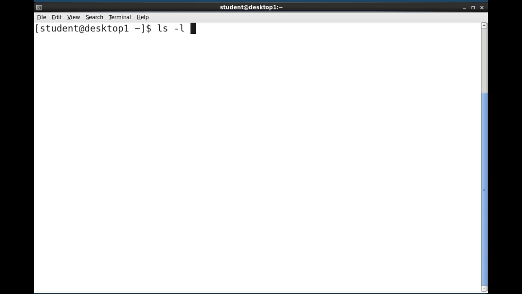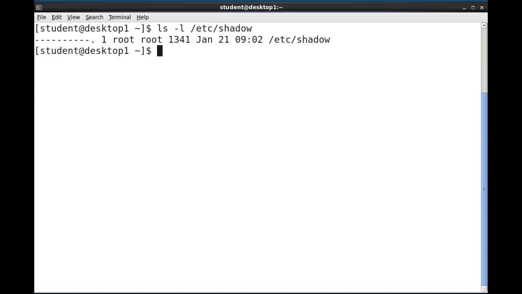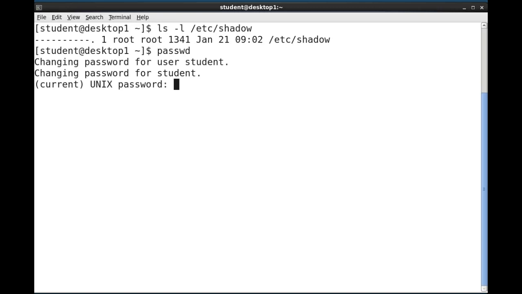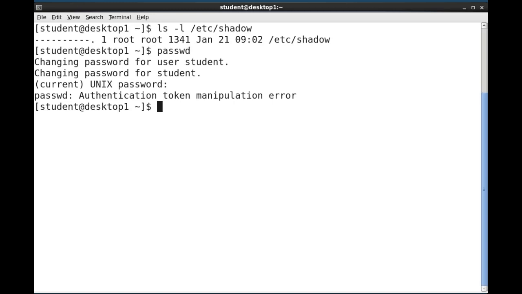For example, the passwd command modifies a user's password. Those passwords are stored in the /etc/shadow file. If we look at the permissions of that file, it is not accessible by anyone, so you must be root in order to modify this file. Yet if I run the passwd command, I'm able to update my own password. Normally when I execute a command, it would run as me, in this case student, and I would not have that privilege. So if we look at the permissions for the executable itself, which is in the /usr/bin directory,